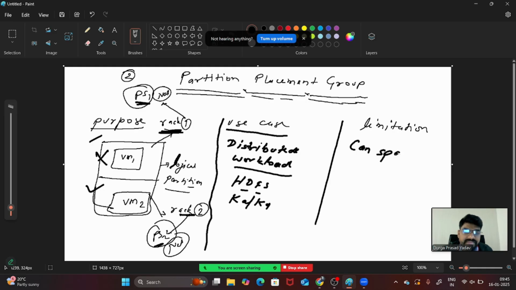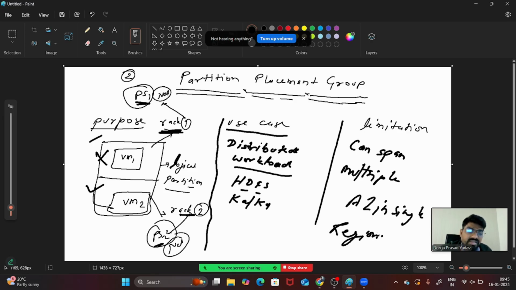And the limitation here is that you can span multiple availability zones, but those availability zones should be in a single region.